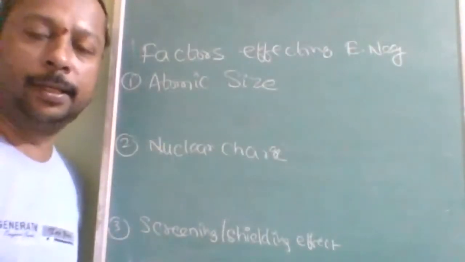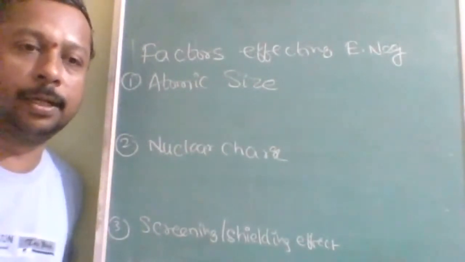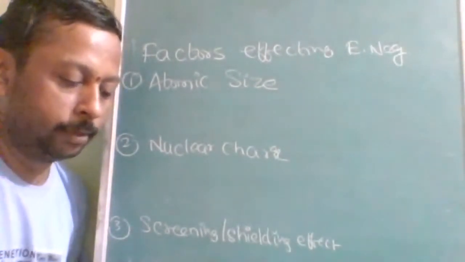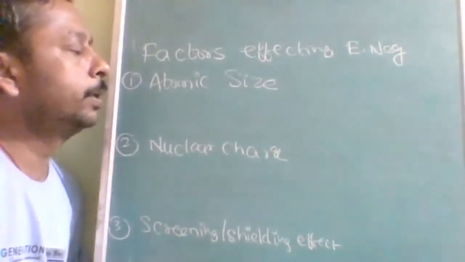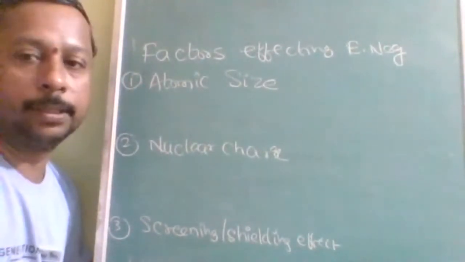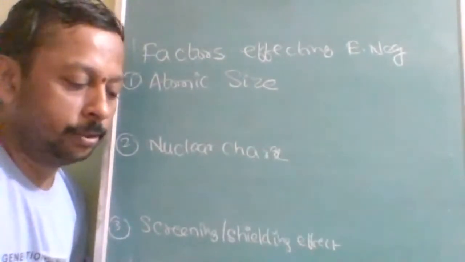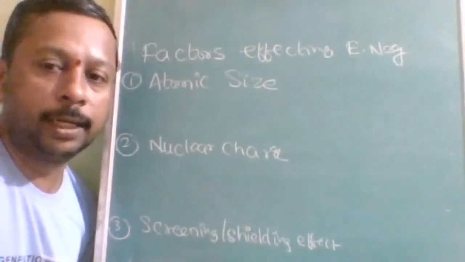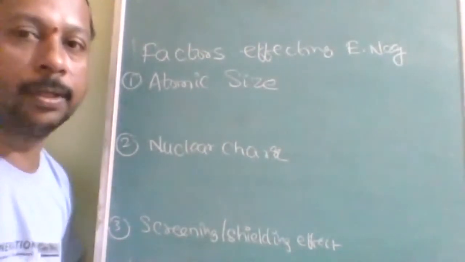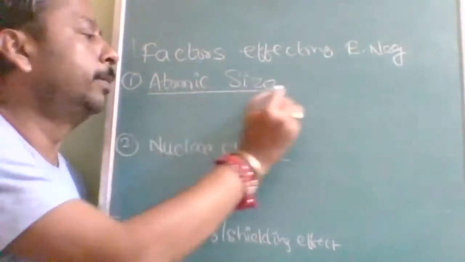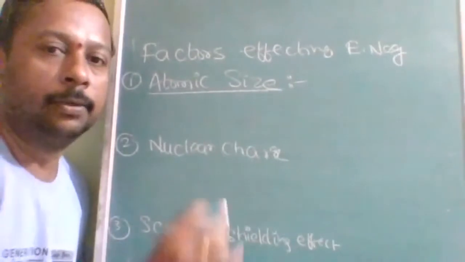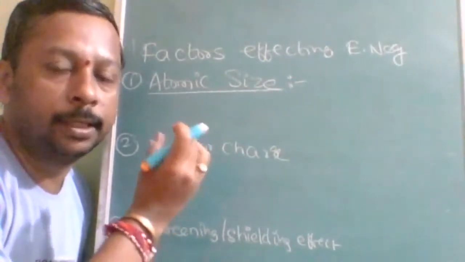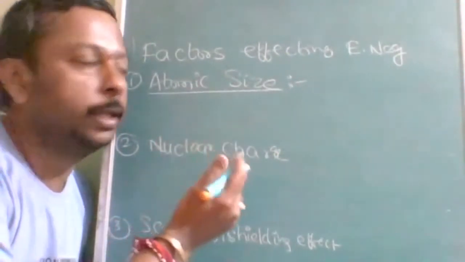Now, after studying the definition and the scales, most of the questions will be on the application part. The first factor affecting electronegativity is atomic size. In this one you should concentrate on the relation, in the sense of directly proportional or inversely proportional. Electronegativity and atomic size, it is just common sense. Electronegativity is attracting the bonded electron towards it, so it depends on the distance between the nucleus and that bonding electron.